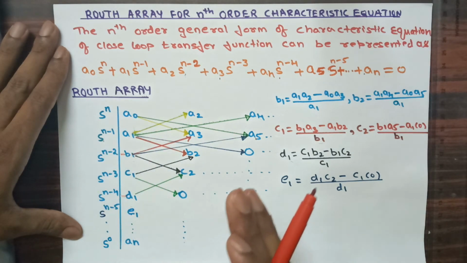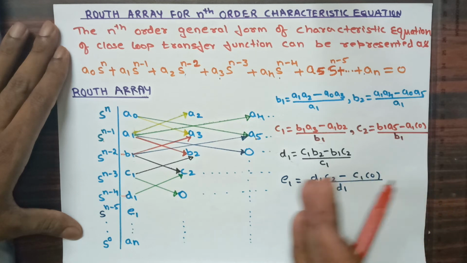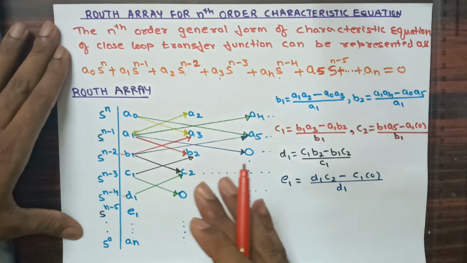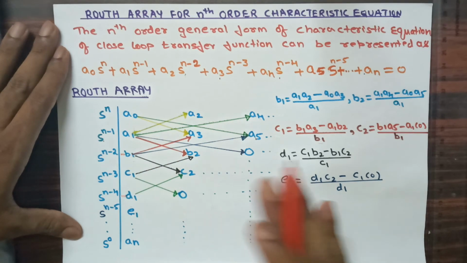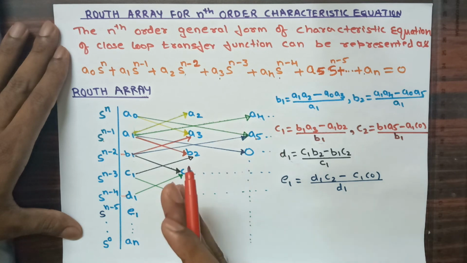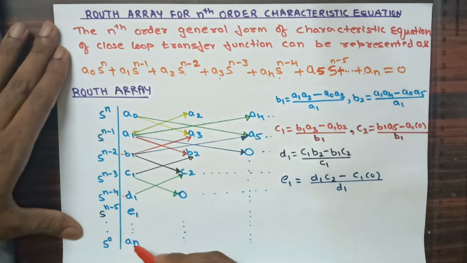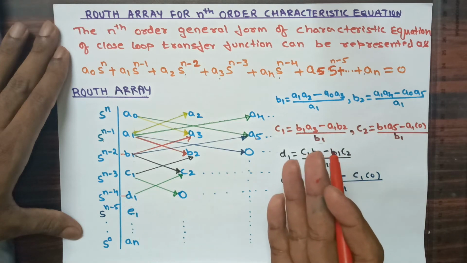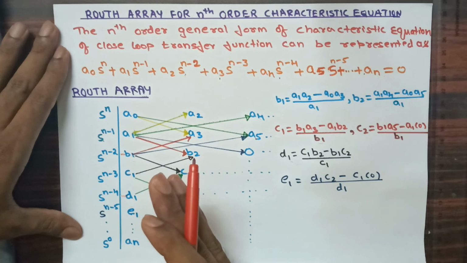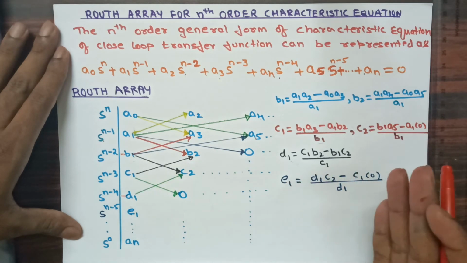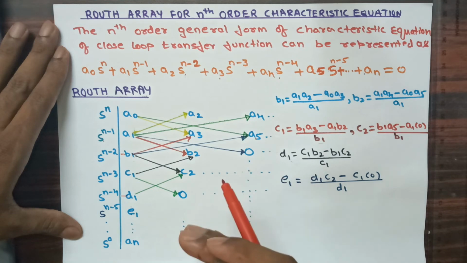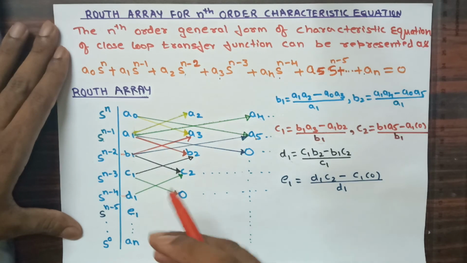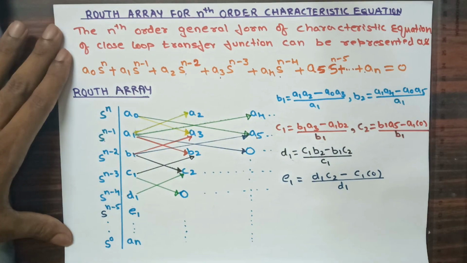If you are asked to find the number of poles on the right hand side and the number of poles on the left hand side, then by looking at the number of sign changes, you can say, by this example, 4 poles on the right hand side and 2 poles on the left hand side. If there are no sign changes, and the order of the characteristic equation is 6, then you can say all 6 poles are on the left hand side of the S-plane and 0 poles on the right hand side of the S-plane. At the same time, they may ask how many poles are on the imaginary axis? In this case, there are no poles on the imaginary axis.